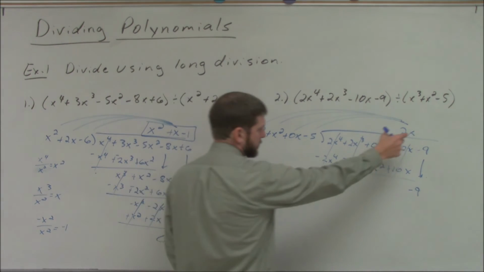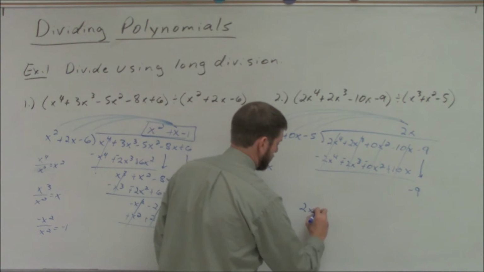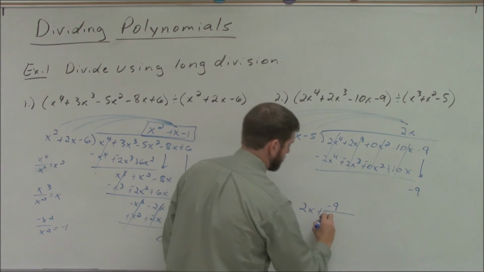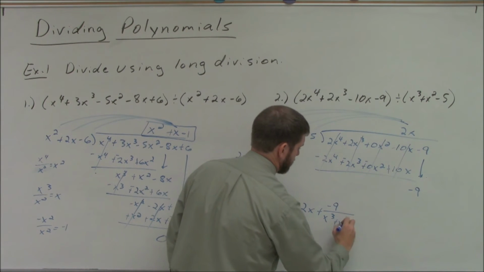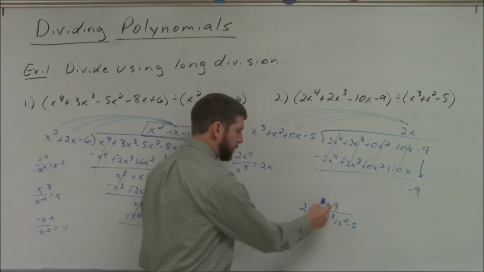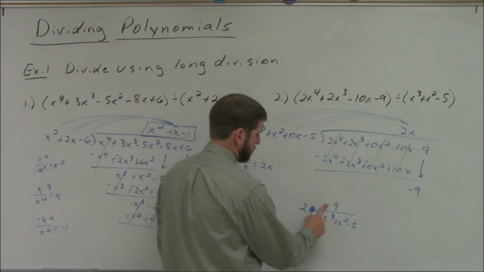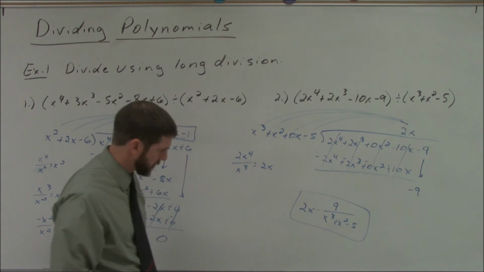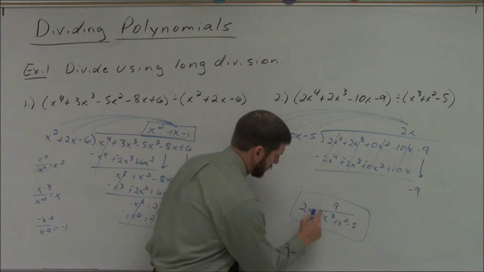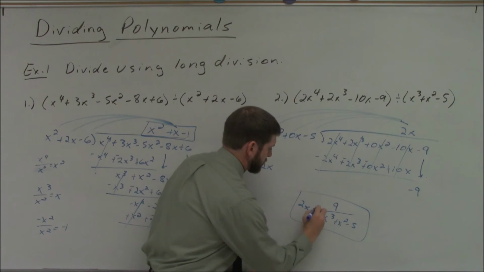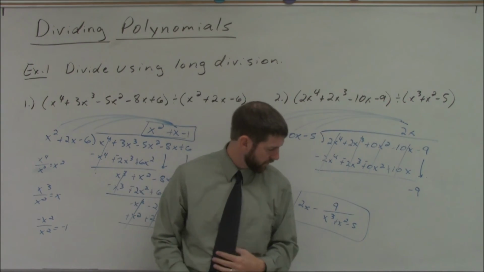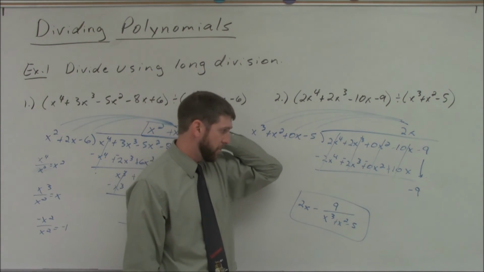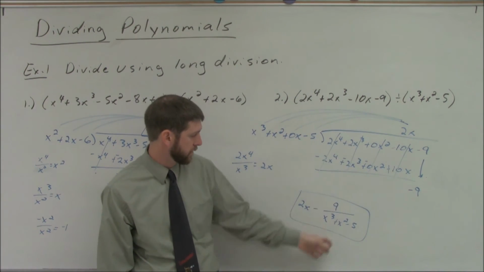remainder. So our answer ends up being 2x plus the remainder over the divisor. X cubed plus x squared minus 5. And remember, I don't want plus a negative, so I'm just going to make that negative out front, and the numerator now becomes positive. So that is the quotient of this polynomial divided by that polynomial. So even when they look big and nasty, they may not have many steps, as that one did right